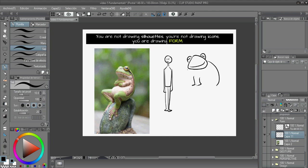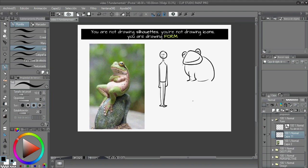And this is the problem I had at the beginning, that I didn't understand that I wasn't drawing silhouettes or icons. I was drawing form. And I remember exactly the moment I understood this. I was trying to copy a Naruto back in the day, a million years ago, and I was trying to draw Naruto's eyes, okay? So I was doing the typical thing that...